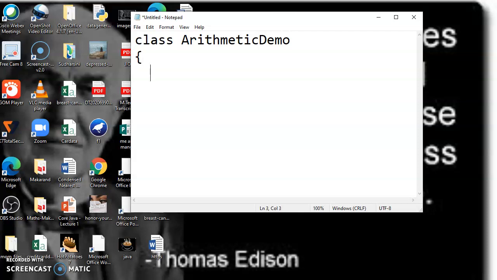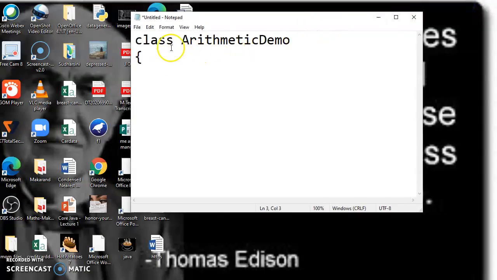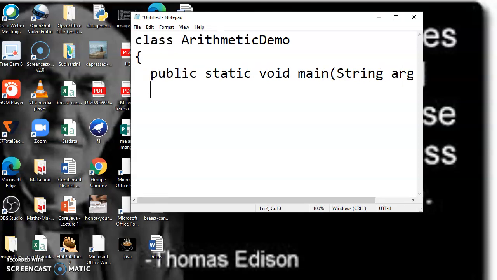Next is public static void main, String args, and I am taking integer values a, comma, b. For simplicity, I am taking a is equal to 5 and b is equal to 3.